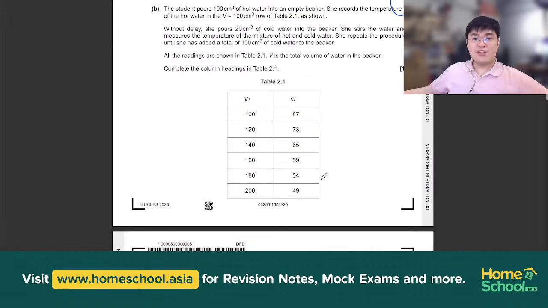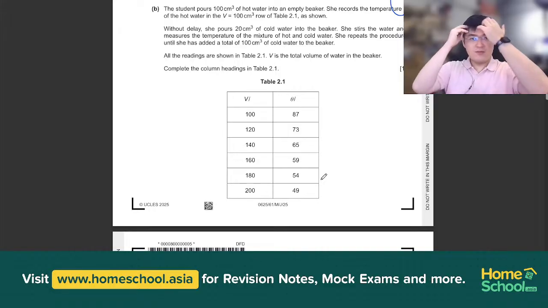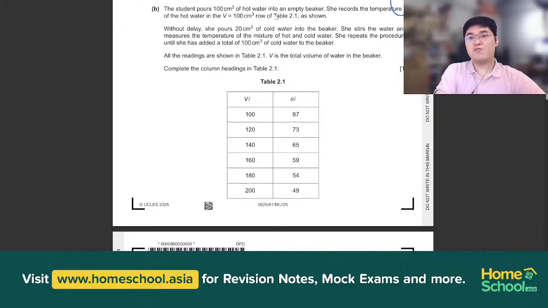So let's move to question 2, part B. Now the student pours 100 centimeter cube of hot water into an empty beaker and she records the temperature theta of the hot water in the V equals 100 centimeter cube row of table 2.1 as shown over here. So she records first the temperature of the hot water. And then without delay, she pours 20 centimeter cube of cold water into the beaker. She stirs the water and measures the temperature of the mixture of hot and cold water. So she repeats the procedure until she has added a total of 100 cm cube of cold water into the